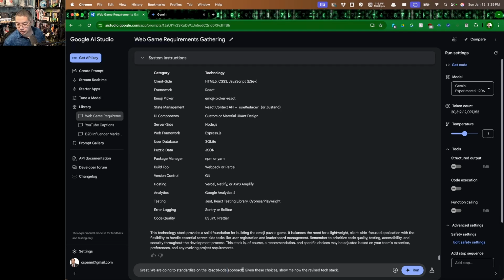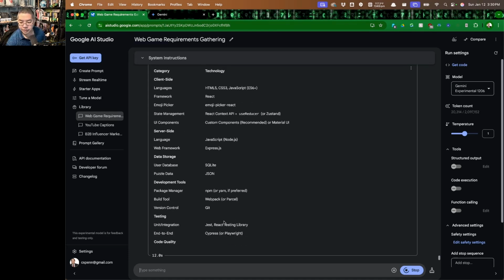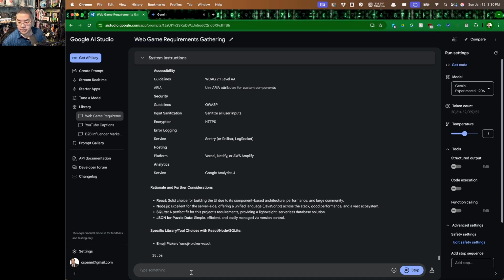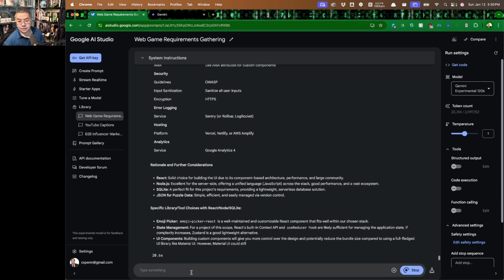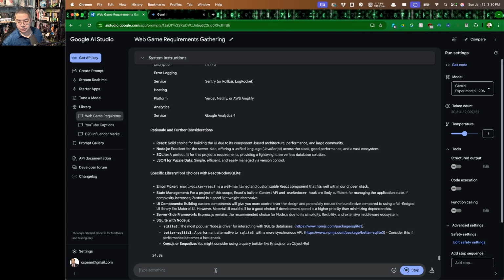So we're going to use React, Node, SQLite. So that is front end, back end, and database. So now we get a much more focused list of all the things that we're going to be doing. And now our next step is to start building out our best practices for these languages. So we're going to start off by saying,